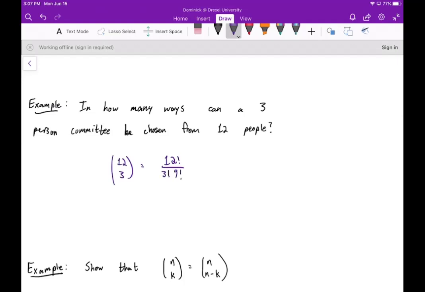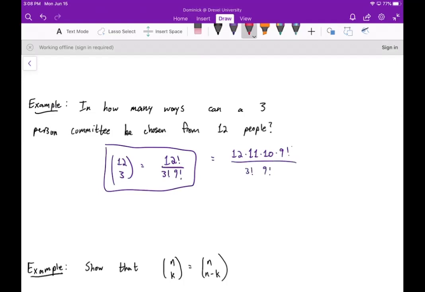A lot of times, again, you could leave the answer in either one of these two forms. If you wanted to keep going, however, you could say this is 12 times 11 times 10 times 9 factorial over 3 factorial times 9 factorial. The 9 factorials would cancel out, and we would get 12 times 11 times 10 over 6,